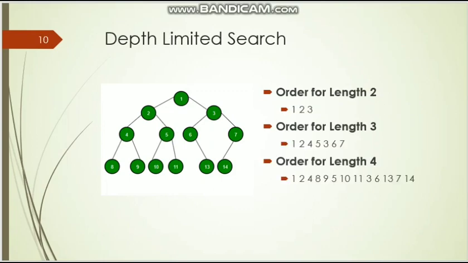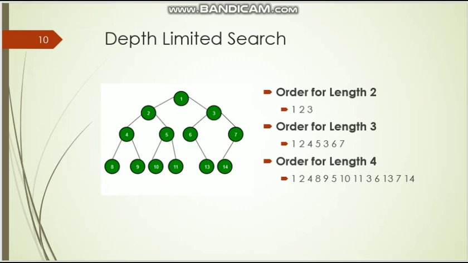The next problem is the depth limited search. So this is similar to depth first search, only a few restrictions are there. First, it is purely following the depth first search with one condition. That is, a length will be given. The length of the level will be given, and based on the length we can search. No further movement we can do if we are going beyond the level.